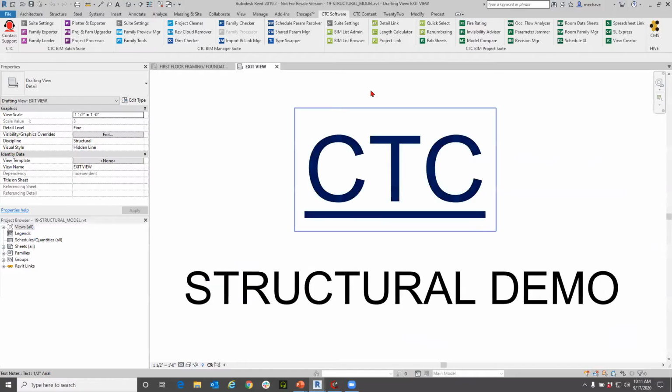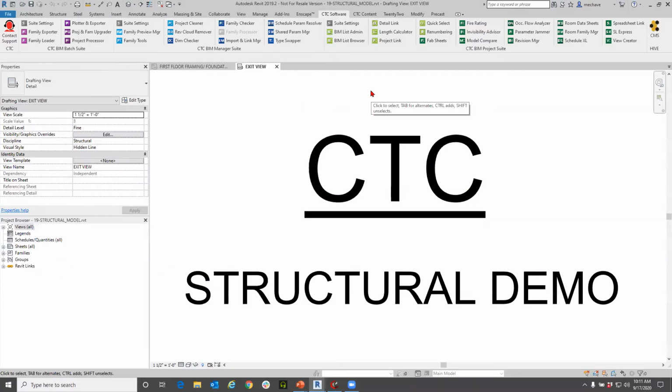First, I'm going to talk about cleaning up our own model. I'm coming from the structural design background. As you saw earlier, I also had the architectural model, and we'll talk about cleaning it up as well. But right now, we're going to be talking about CTC tools and how they work within our